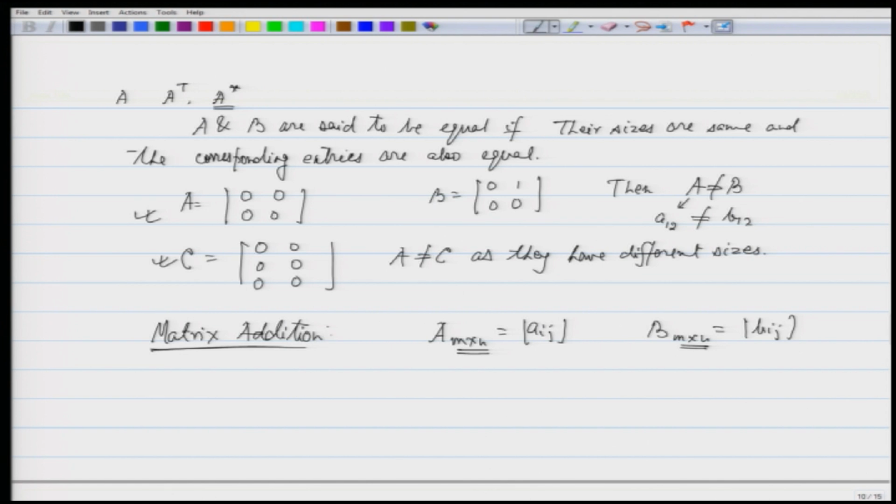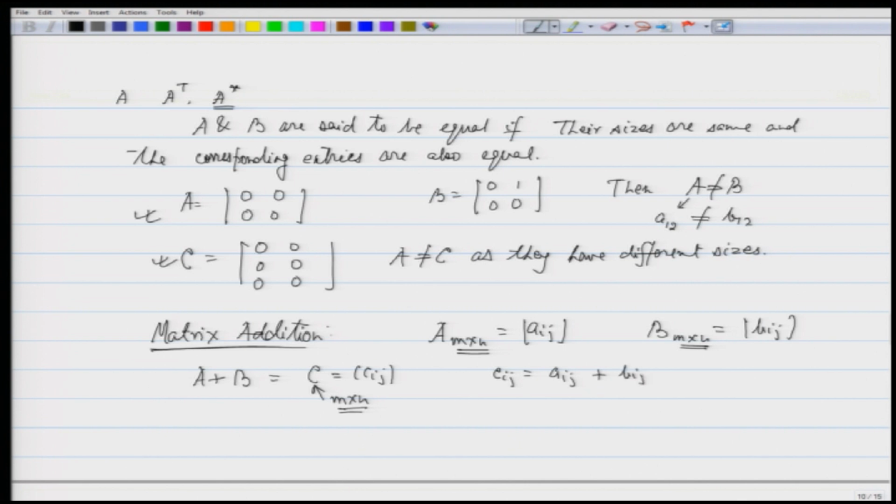Only when the sizes are same you can talk of addition or the sum of two matrices. So, we can define the matrix A plus B as a matrix C whose entries are c_ij. This matrix C is again of the same size as A or B, so it is again a matrix of size m cross n, and the ij entry c_ij is nothing but a_ij